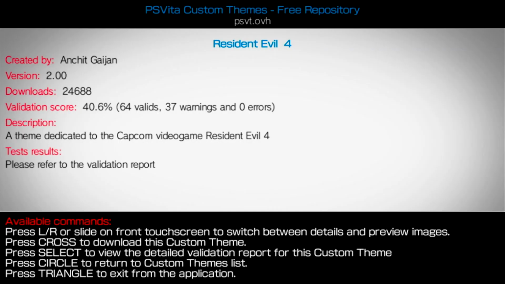And as you can see, it says press the cross button to download this custom theme. But not only that, you can also see different scores and everything as well. So this is version 2.0. There have been 24,688 downloads. The validation score on this is 40.6%, which they will tell you that there are 37 warnings and 0 errors